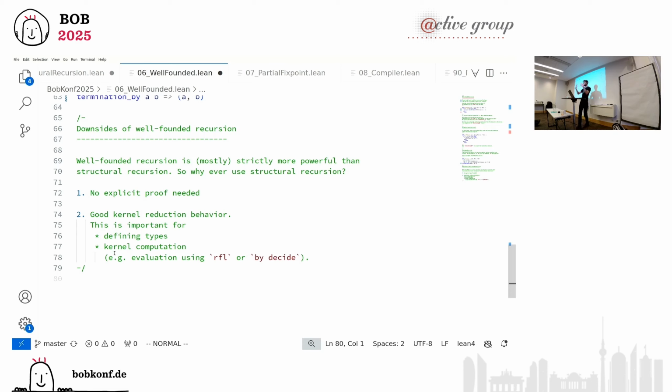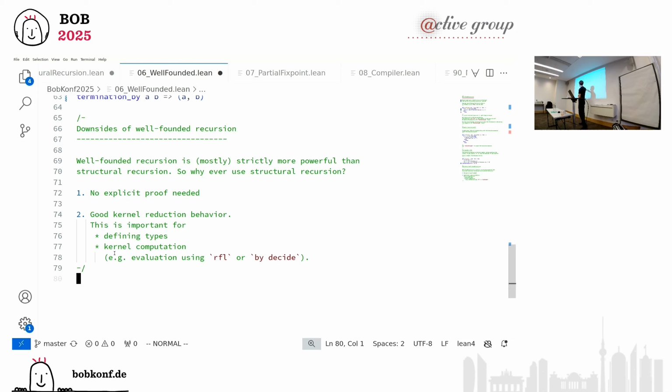Dependent type programming requires, when checking whether two types are the same, that you may have to run a function a little bit, or all the way, or symbolically. Like knowing that, what's a good example? 0 plus A is A. This is something that may come up in dependent programming. I will skip the example now. And this only works if the addition is actually defined using structural recursion.